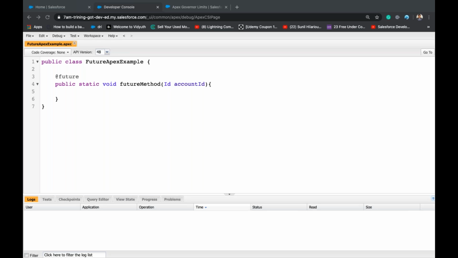I'm still searching. So in that example, what we do is we update the number of contacts in an account.